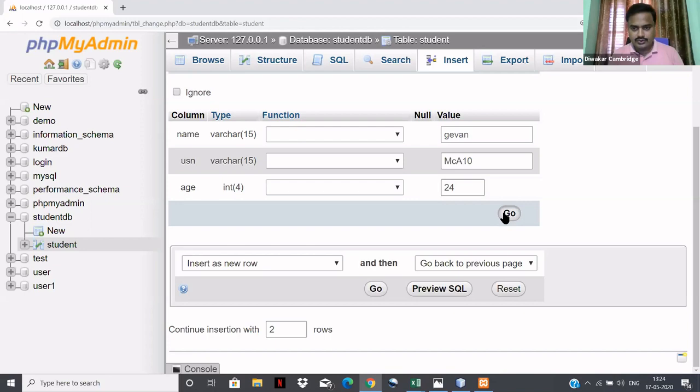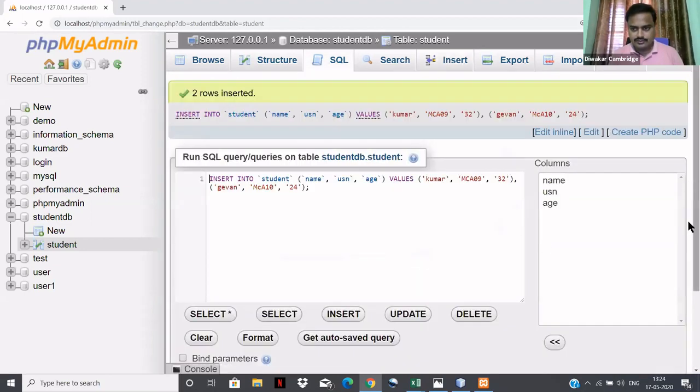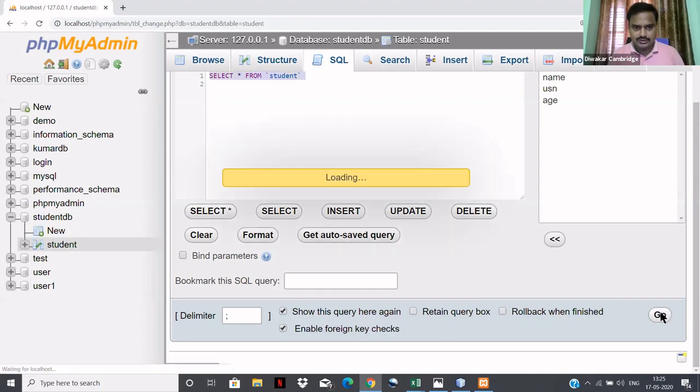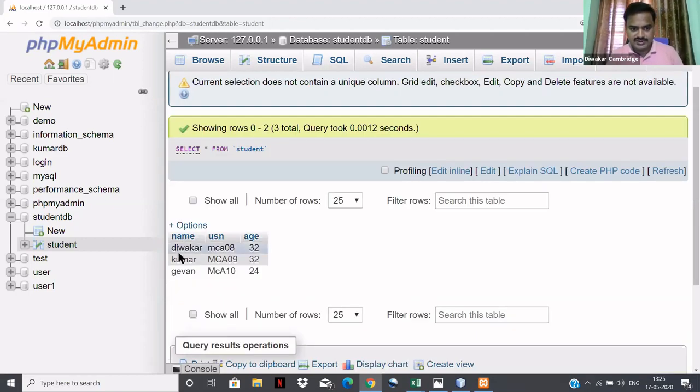Go. Now, if you want to see the records here, you can give the query select star from student. Just click Go here. Now the data will be displayed from the backend.